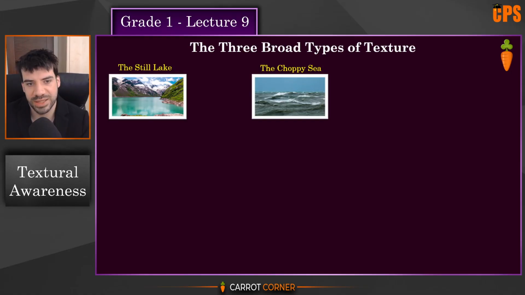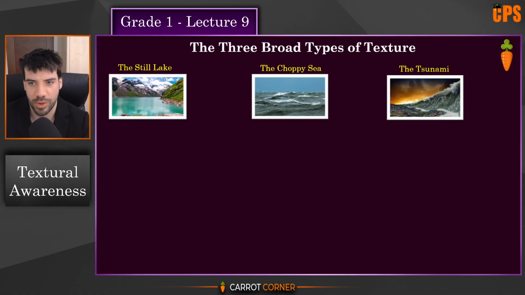The choppy sea has an average or medium amount of connectivity. You can imagine here if you saw a fish jump out of the water, you might notice it, you might not, but there's a lot of other stuff going on. So merely having a decent pair doesn't guarantee you'll have that strong a hand on a choppy sea texture. This is where hand strength is about average, and then the tsunami is the situation where there's so much going on